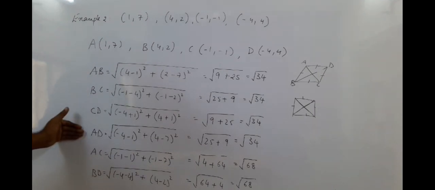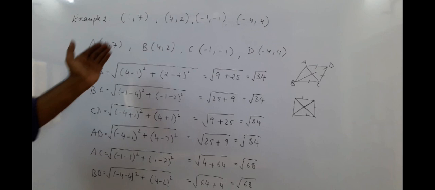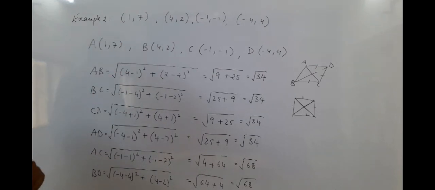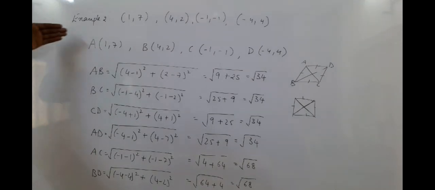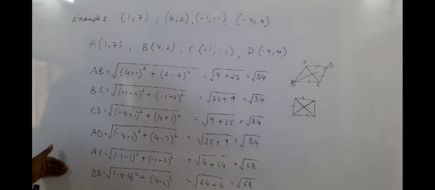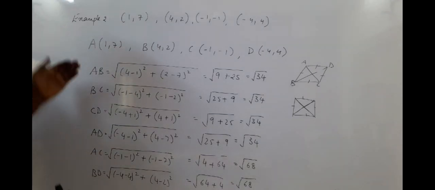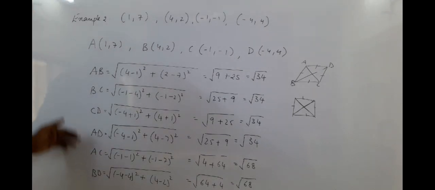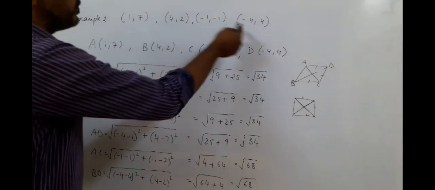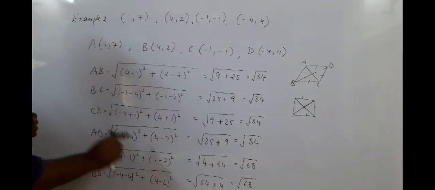Here we have got all the four sides equal, so it is a rhombus. And then we check the diagonals. Diagonals are also equal, so it is a square. So this is the basic use of the distance formula. Okay, all these sums are based on the distance formula only. Everywhere I have used the distance formula, only the corresponding points have changed, but the formula remains the same.